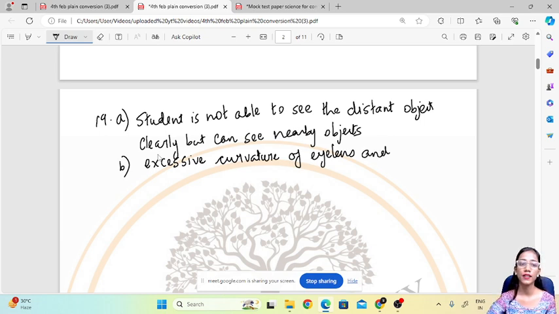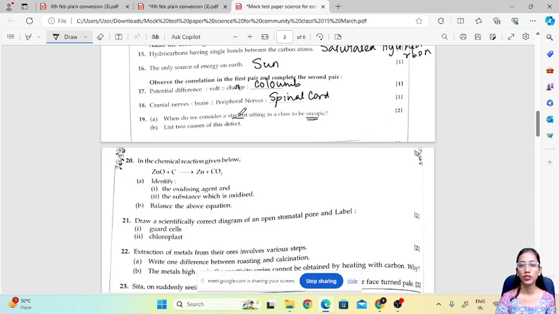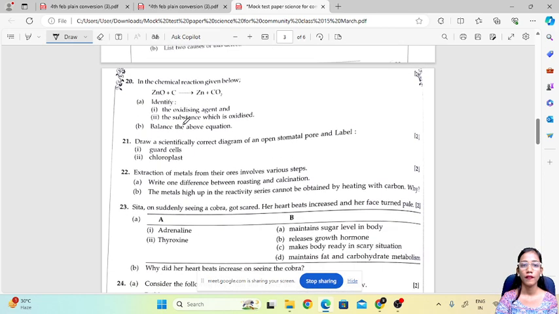And the second one is elongation of the eyeball. Okay, so the 19th question is done. There are 2 marks for this question, 1 mark for the first one, 1 mark for the second one. Now the 20th question. In the chemical reaction